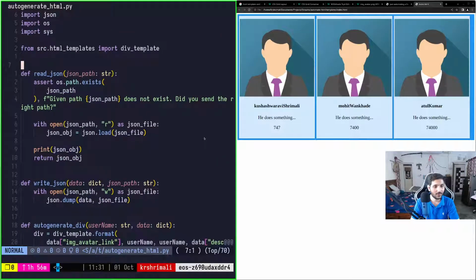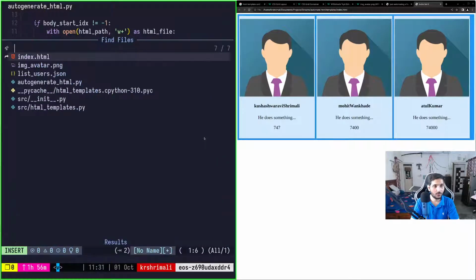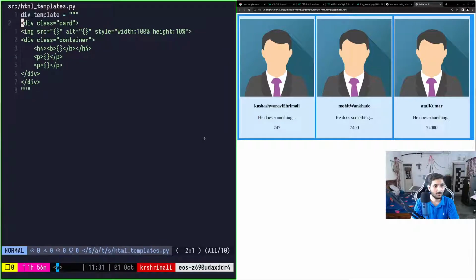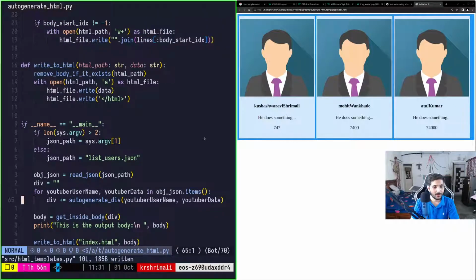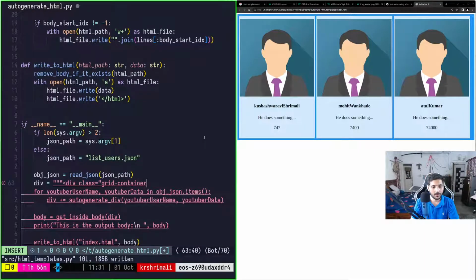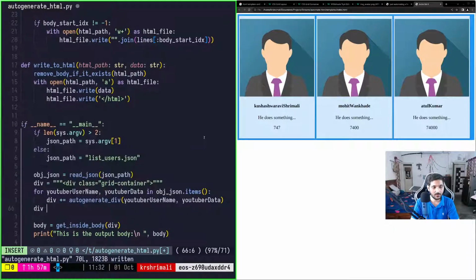So what we can do here is go to our HTML templates.py and here we can have, yeah, when we wrap it and get inside body, right? So okay, here we should have div class equal to grid container. Grid container. Right? And at the end